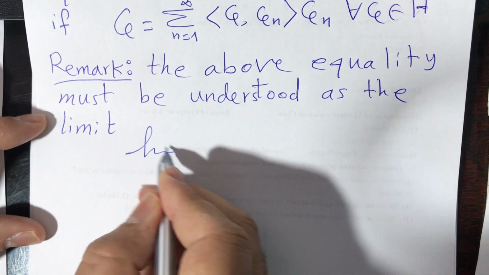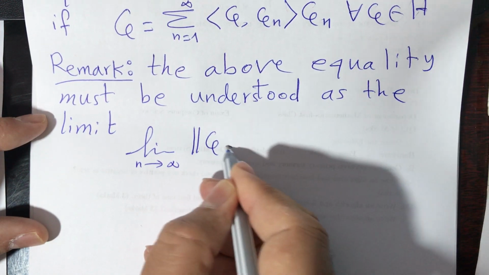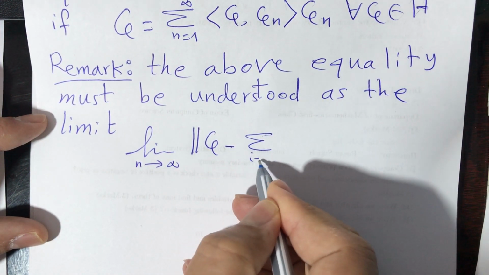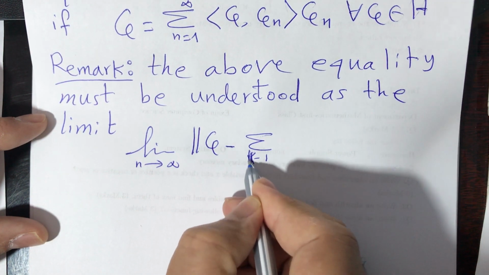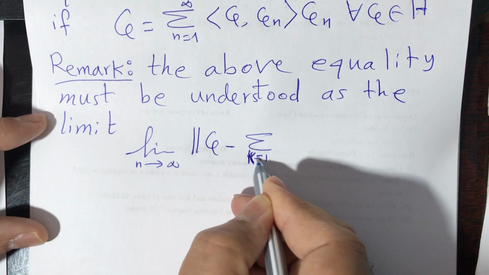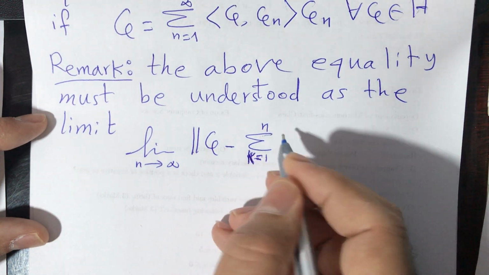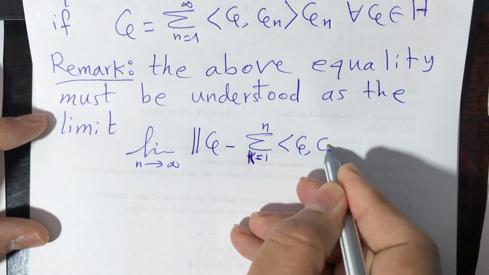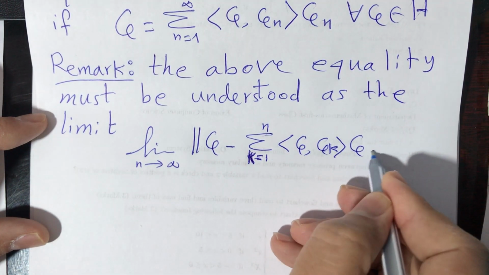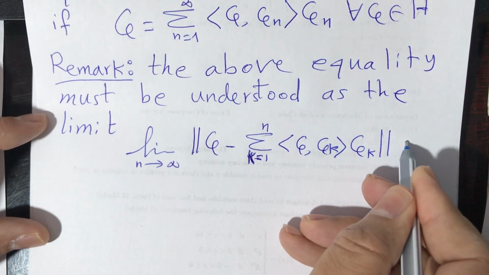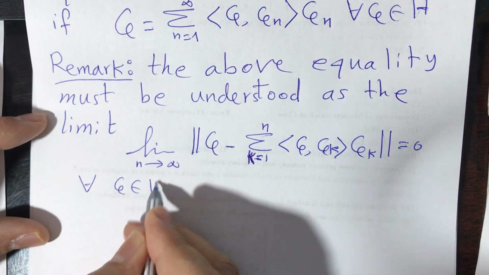That means the limit as n goes to infinity of the norm of phi minus the summation k from 1 to n of the inner product of phi and phi k times phi k is equal to 0, for all phi belongs to H,